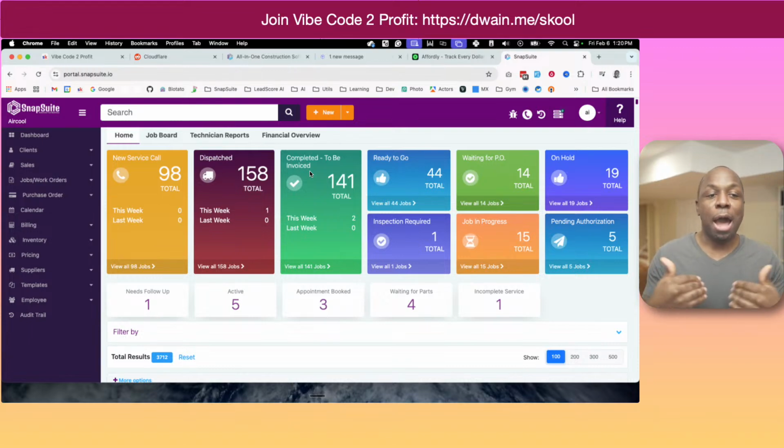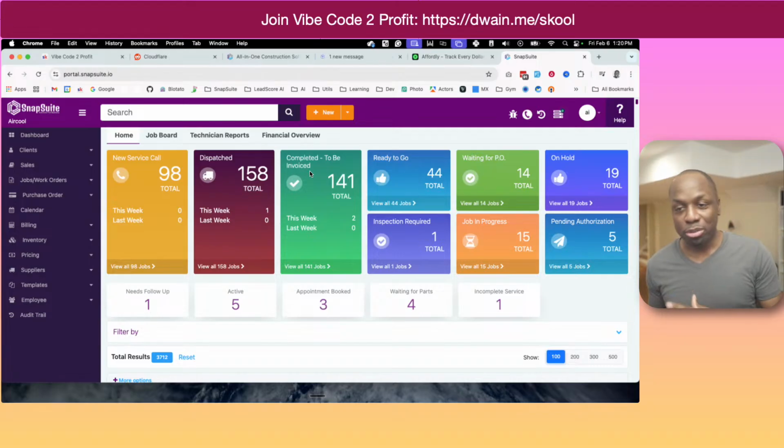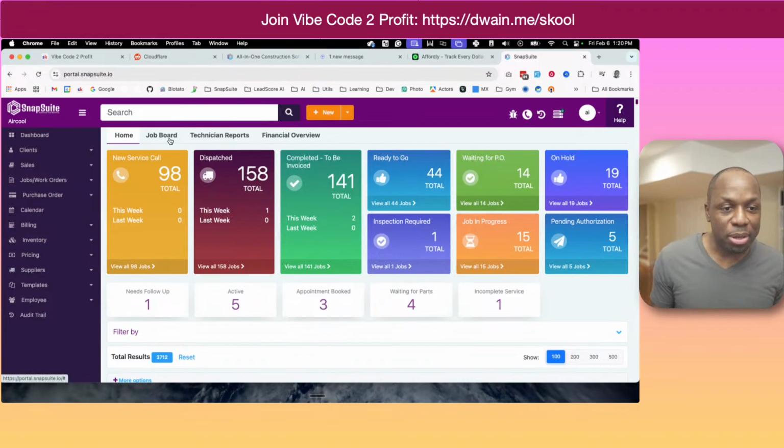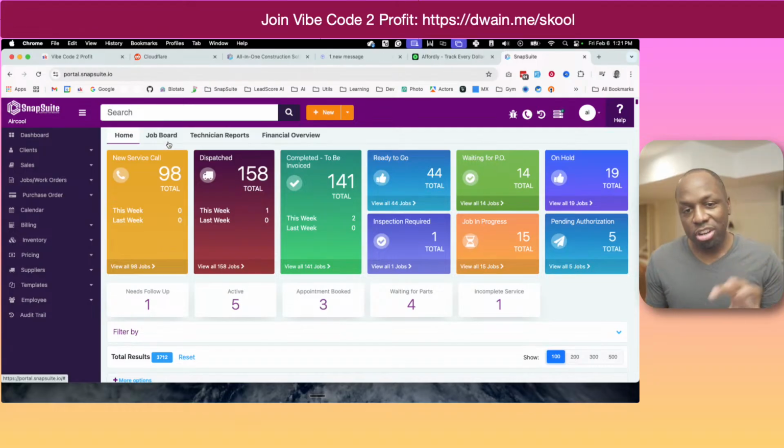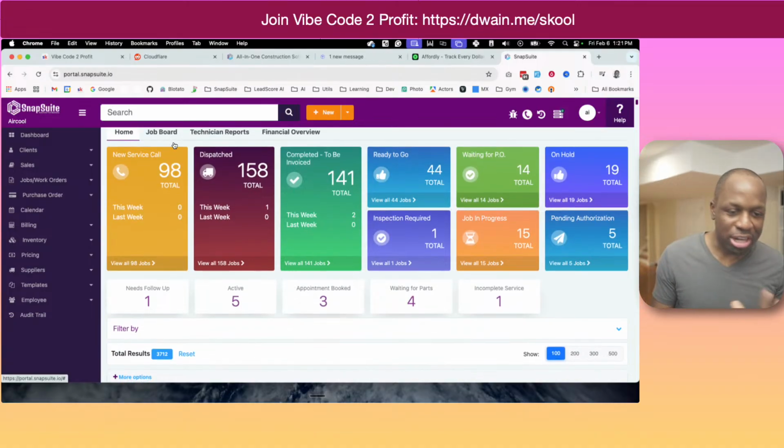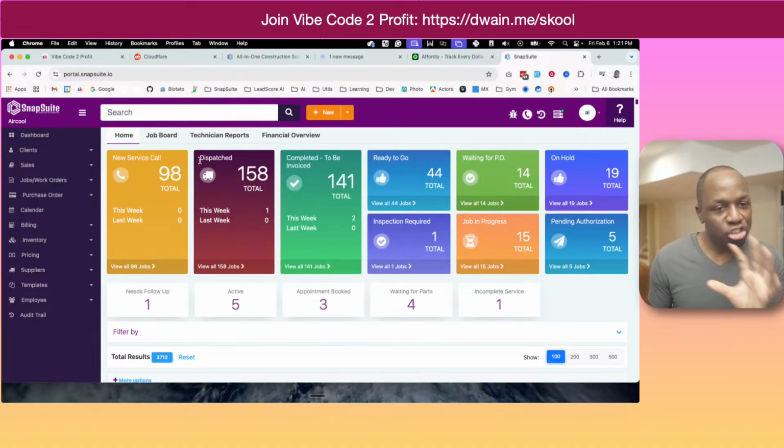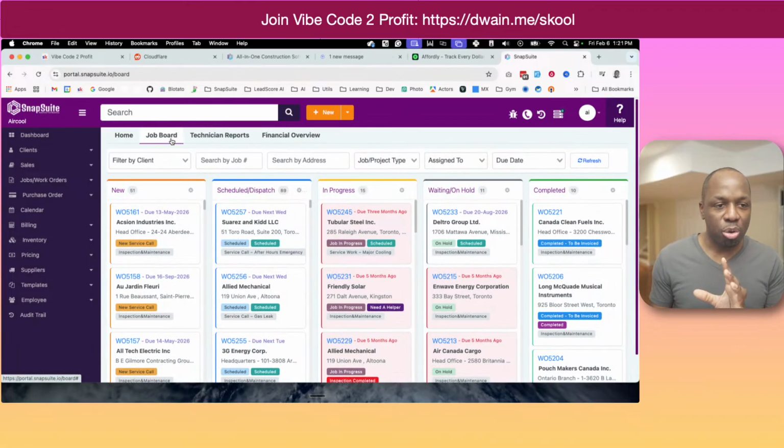In fact, the speed at which I'm going, I'm replacing all of those developers. So this app here is a construction management app. Think project management for HVAC, plumbers, and electrical companies. Again, my goal is not to sell you this app. I'm just sharing it to give you some ideas about how it works.